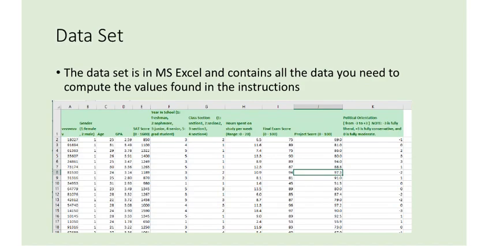The data set itself is a Microsoft Excel spreadsheet that contains sample data about a particular class. We'll call it a statistics class. And in there you'll find a student number right here. This is just an identification number on our first column right there. There's a column here for gender, where one is female, two is male. Age, GPA, SAT scores,